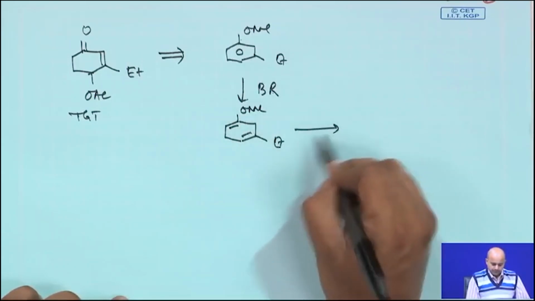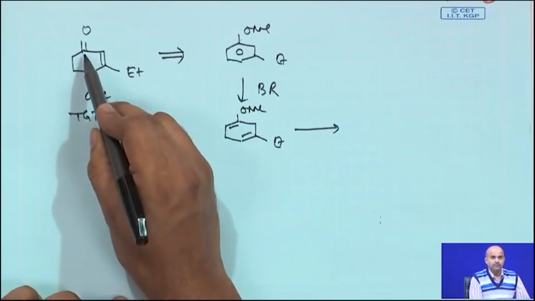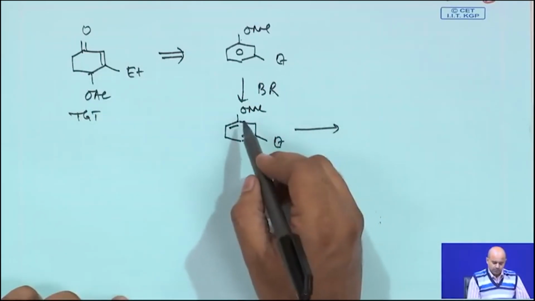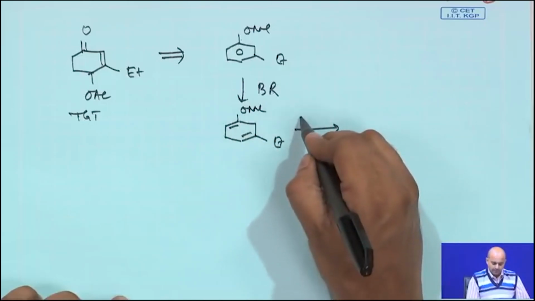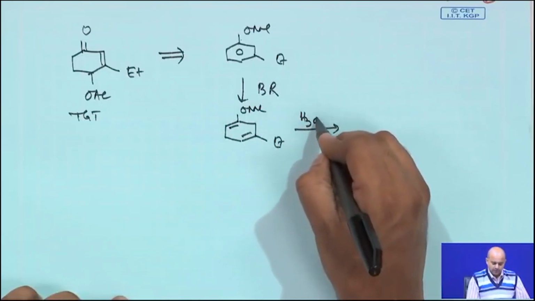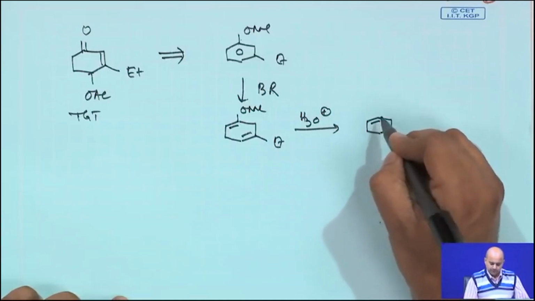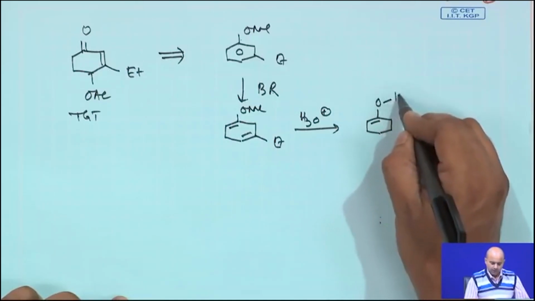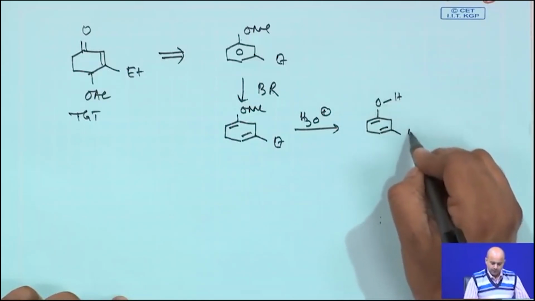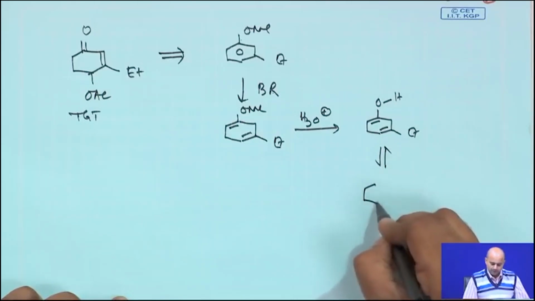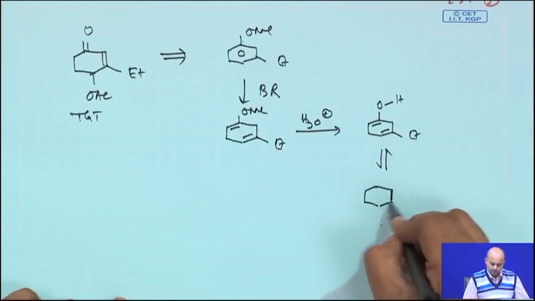Now, you will find that in the final compound you have a ketone. If you have an anisole kind of compound, after Birch reduction you do a hydrolysis. Once you do the hydrolysis, this vinyl ether will undergo hydrolysis and give you an enol. The enol can instantly tautomerize to give you